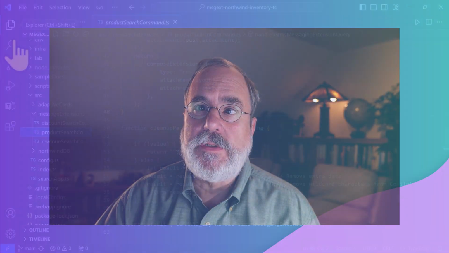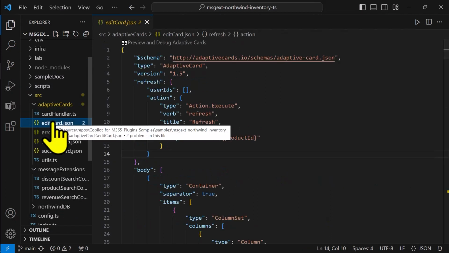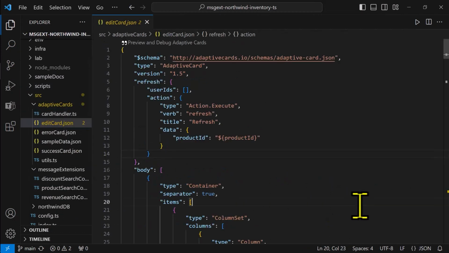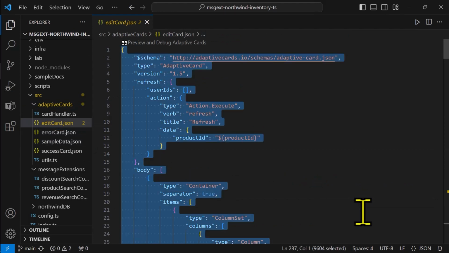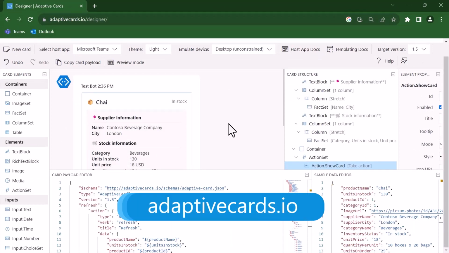So let's take a little detour and look at the adaptive card part of the solution. The adaptive cards are just JSON files. The first one you see is the edit card. So let's take a look at that. And I'm actually going to paste this into the adaptive card designer so you can see how it works, which you can find at